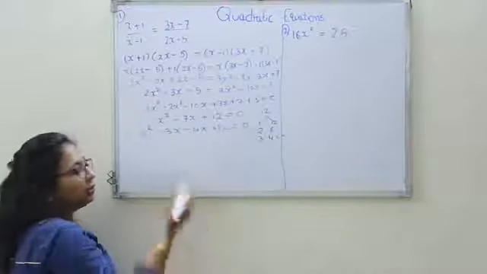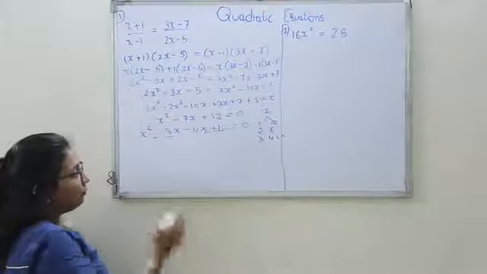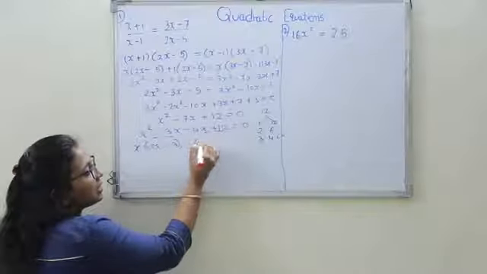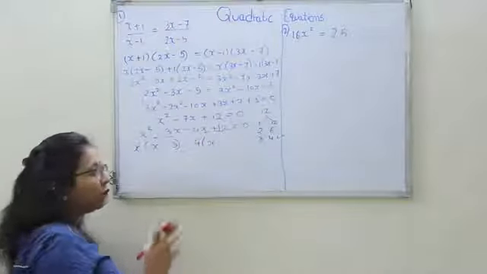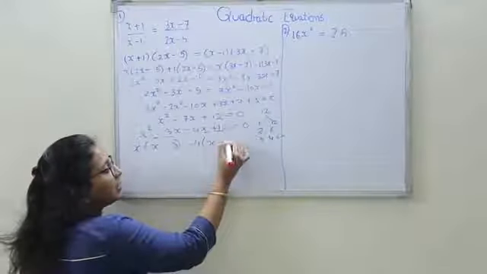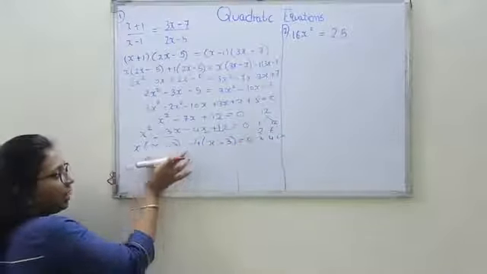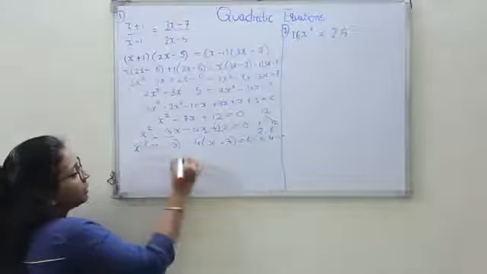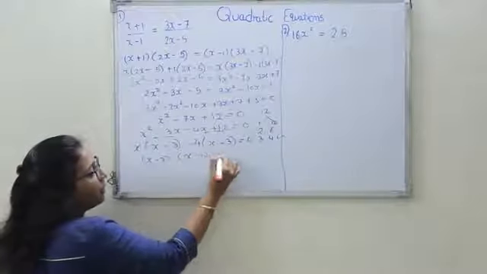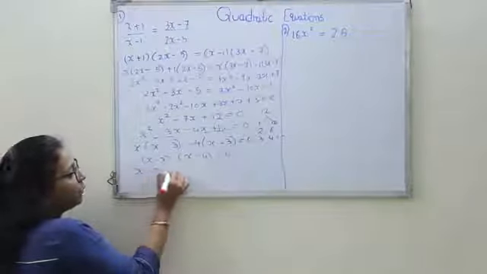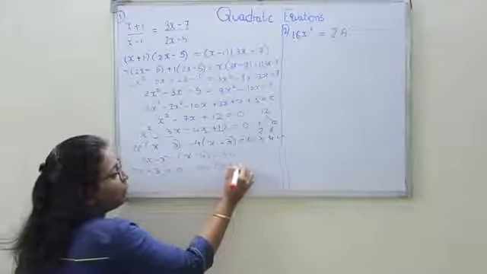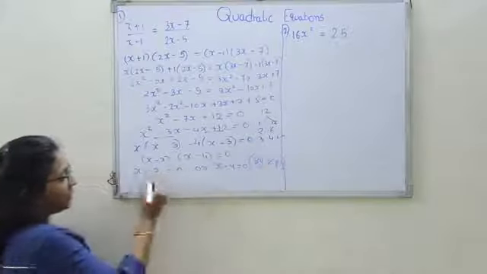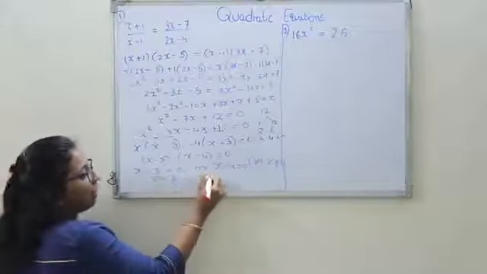Now again you have got 4 terms, so you have to take a common factor out, making groups of 2. So x minus 3, and here 4 ones are, 4 threes are. Again when you take minus common out, you have to be very careful, minus plus minus. And of these 2 terms, x minus 3 is common. So in the other bracket it will be x minus 4. Applying the zero product rule, you will set both the terms to zero, and you will always mention that by zero product law. Next, so your answer is x is equal to 3 or x is equal to 4.